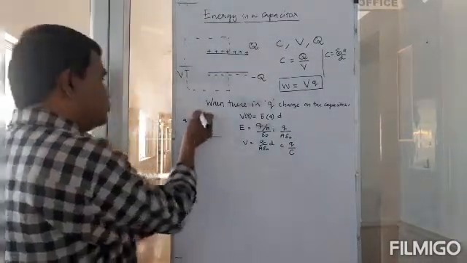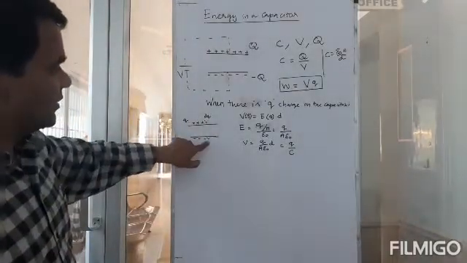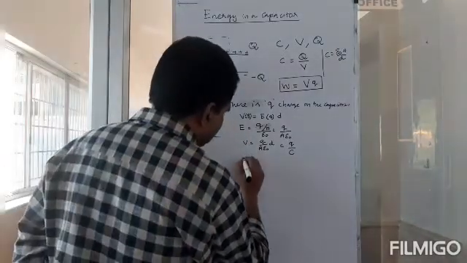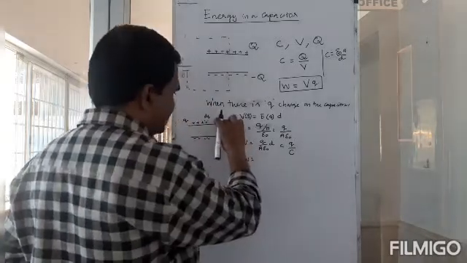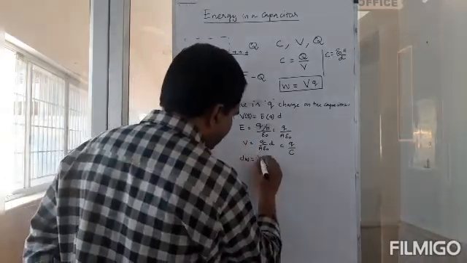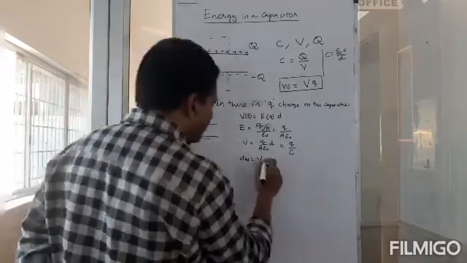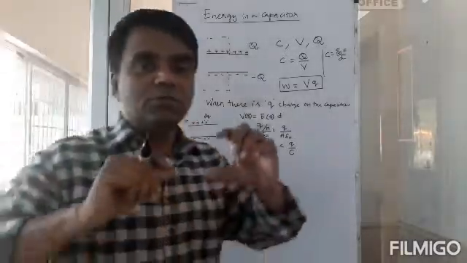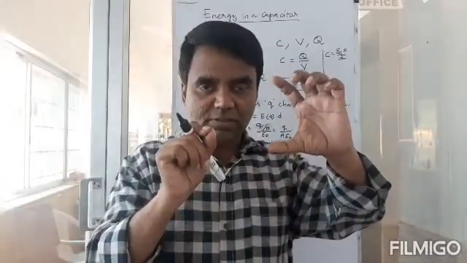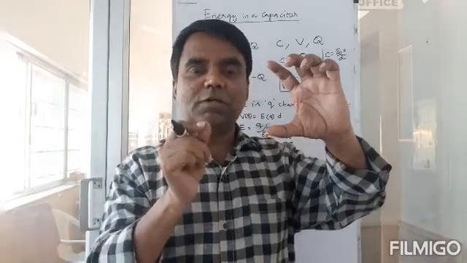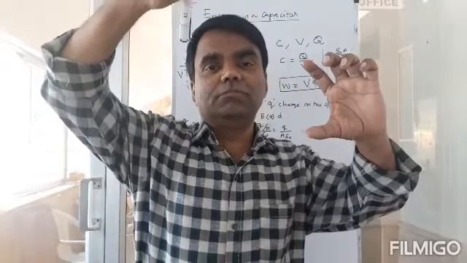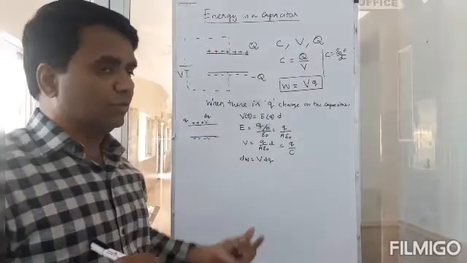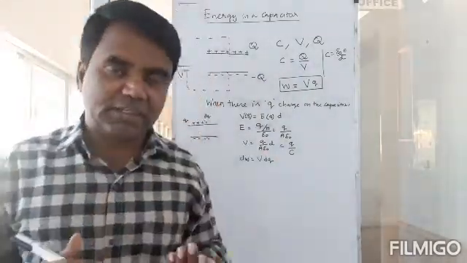So what's the work I'm going to do in taking this dq charge from here, plus here, and then putting it there? So dW, the work done, is equal to, what's the potential difference? The potential difference is V, and then what is that small charge I'm taking there? That is dq. That's the amount of work I'll do to take dq charge from one plate and put it on the other plate. So this is a small amount of work. What have I been doing? I have been doing this work